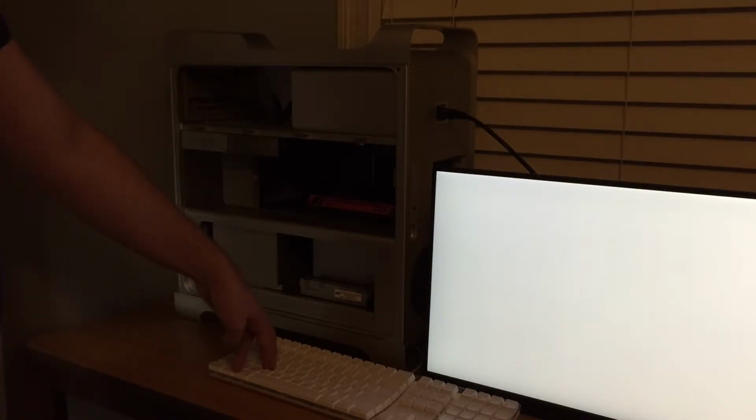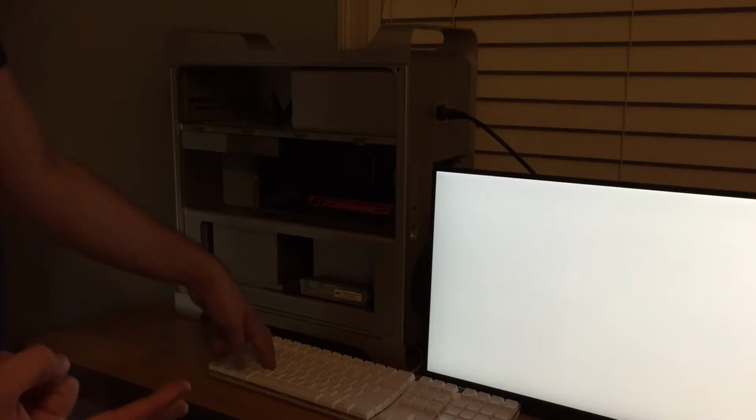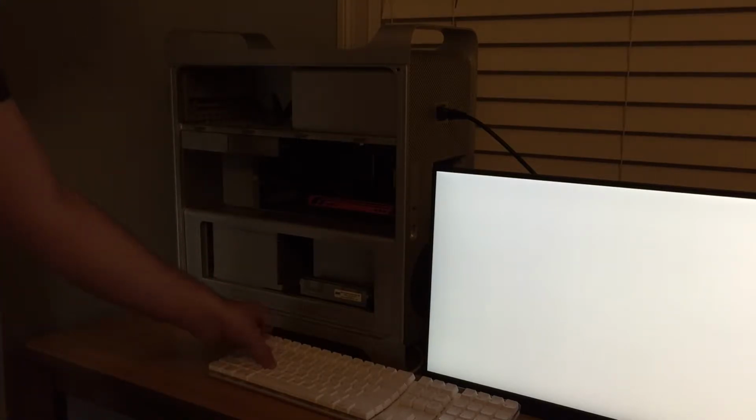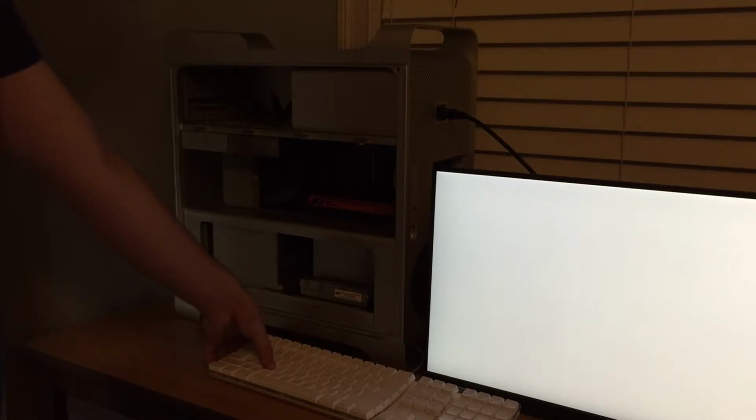I'm thinking if I ever do triple monitors with this, I'm gonna run the two main displays off the 480 and then have the third display run off a 5770 or something, just so I can have access to a boot menu. Because boot menus are kind of important for stuff like this. So, holding down D, and